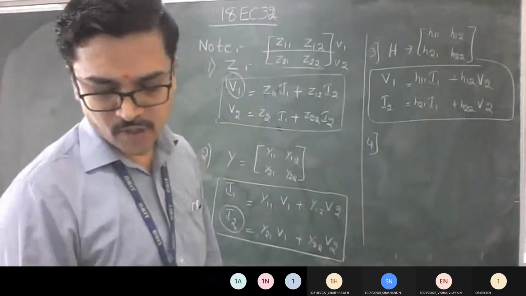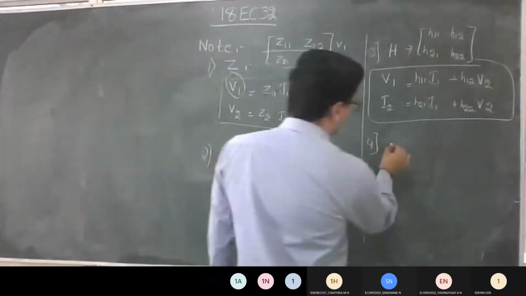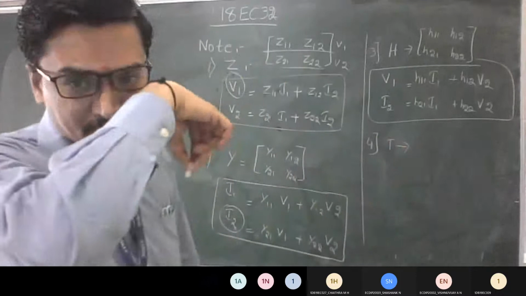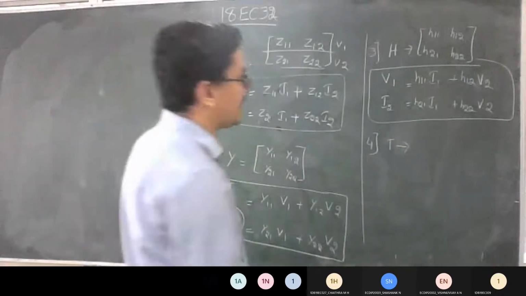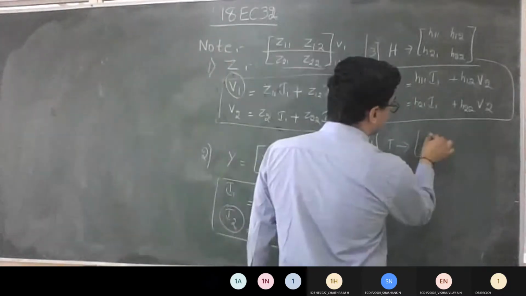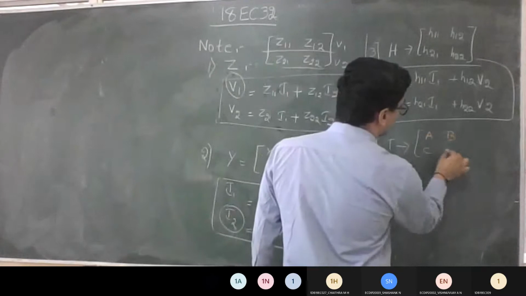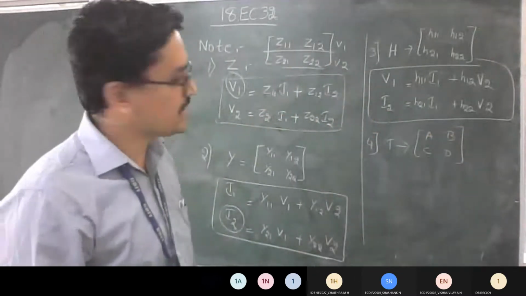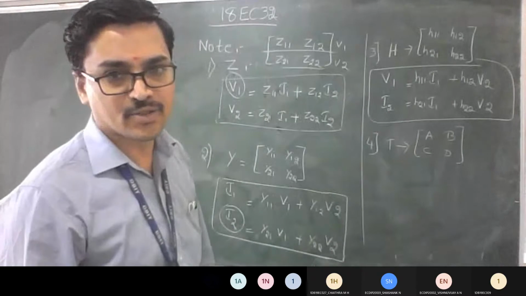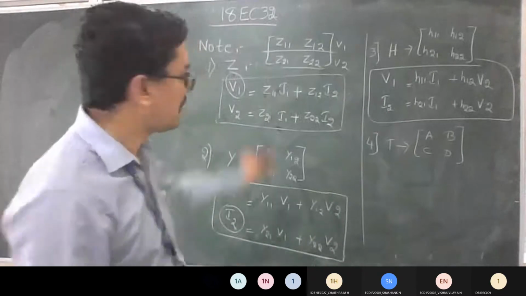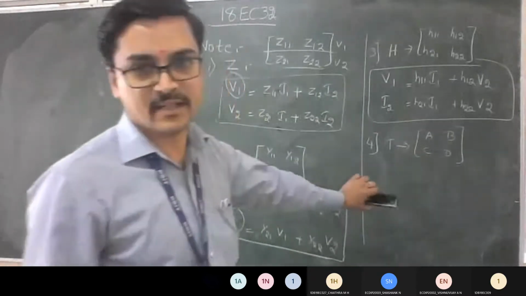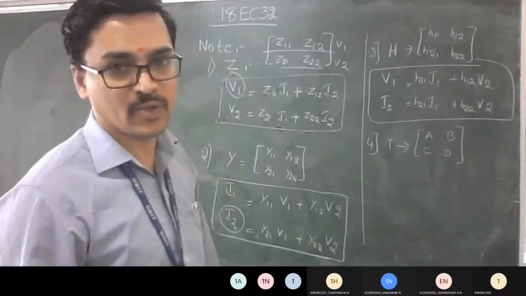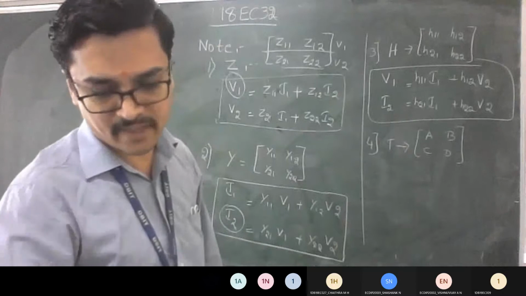Okay, so we're going to call the ABCD parameter the transmission parameter. Its short form is T, transmission parameter T. The parameter coefficients are ABCD. You just remember the generalized equation. Compared to the other three, this last one is a little bit different with respect to writing the equation. So you just need to analyze the transmission parameter perfectly.